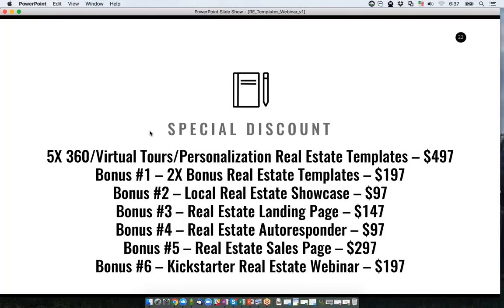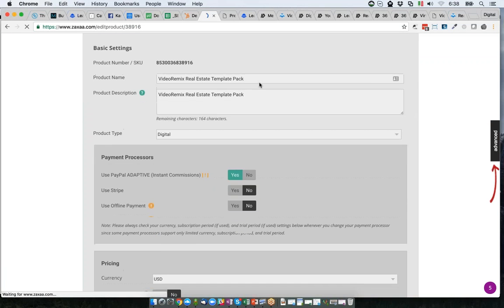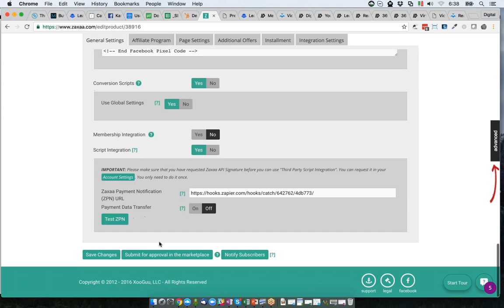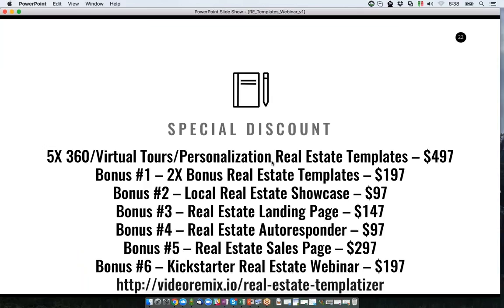Now, normally we're going to be offering this for $497. Today, what I'm going to do is go in and lower the price, and I'm going to give a special price, just like I said, to the first 7 people that end up getting in. So let me go ahead and change that. Instead of $497, I'm going to take it down to $197, and I'm going to go ahead and save that. So for the first 7 people that get in, it's